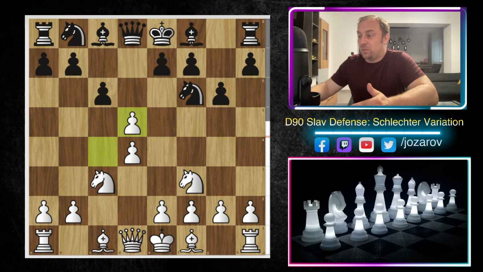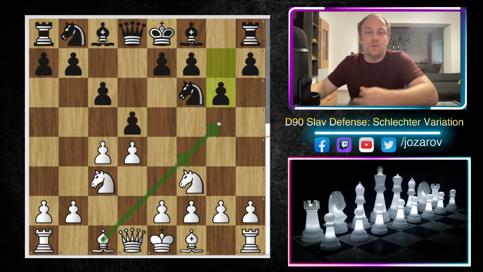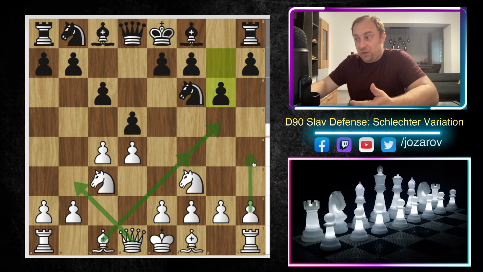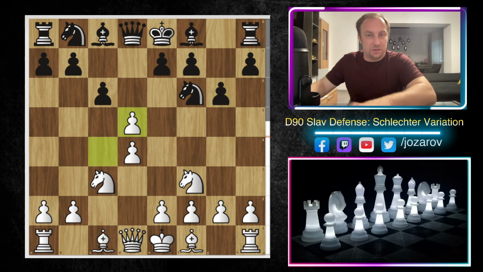We're analyzing also some different lines in the continuation. There are of course bishop to f4, bishop to g5 moves. As I said, these are also great ideas here for white. You can also try queen to b3. So as I said, you can try even h4, h5 immediate attacks, but here we're analyzing first this idea, c